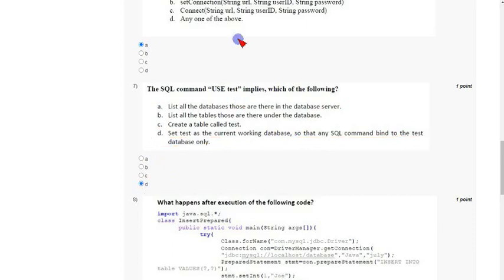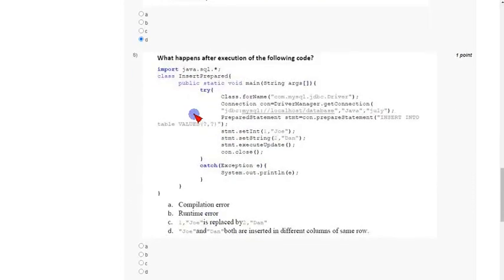And coming to the eighth question, they have given a program. What they are asking is, what happens after execution of the following code? So they have given a code like this, and the answer for this is option D, Joe and Dan both are inserted in different columns of the same row.